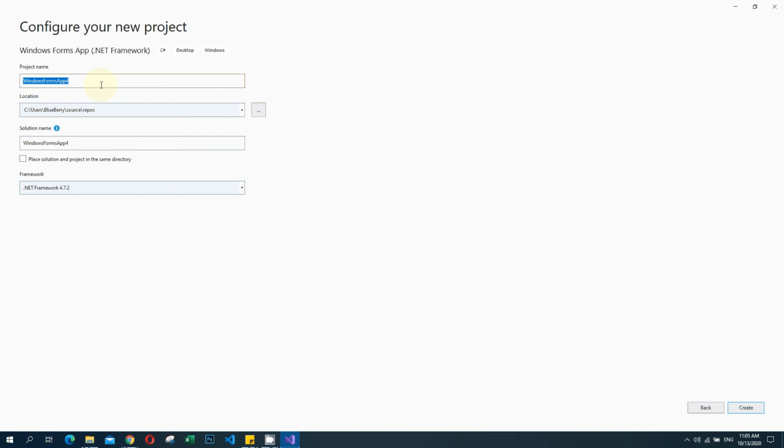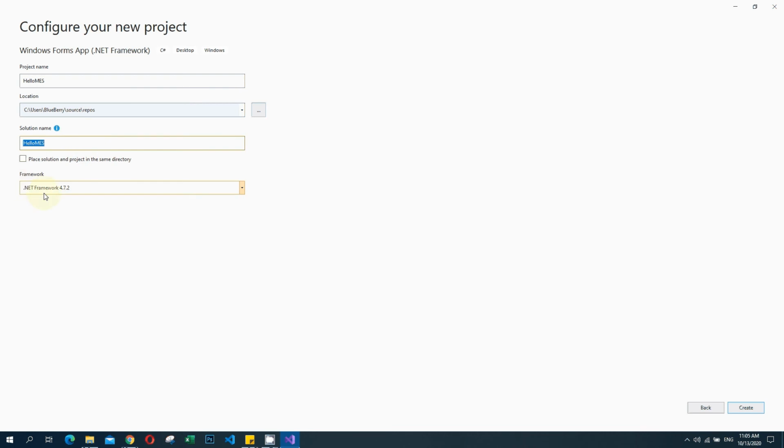Here we have to configure our project. So we have to enter our project name. If we want any update in the solution name, we can update the solution name, and what type of framework is used. All things are discussed over here. So the project name will be something like hello MES. I am setting the name as hello MES. Automatically the name comes here, hello MES, as the solution name.